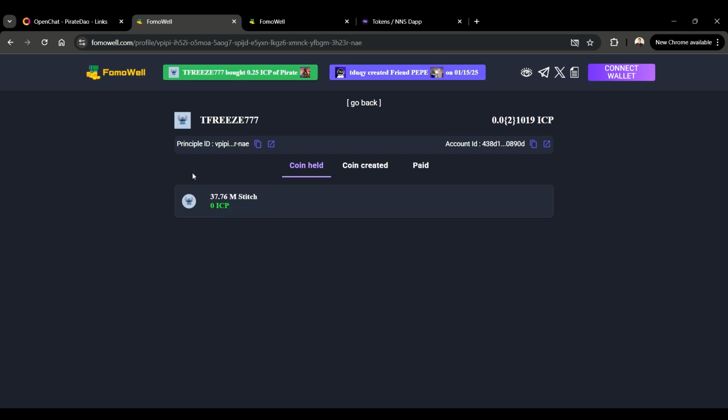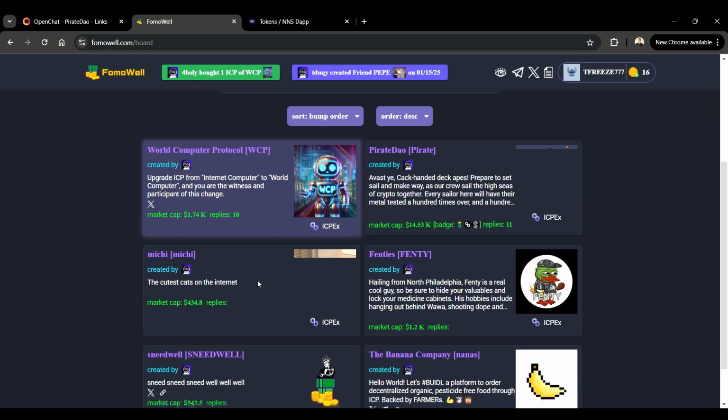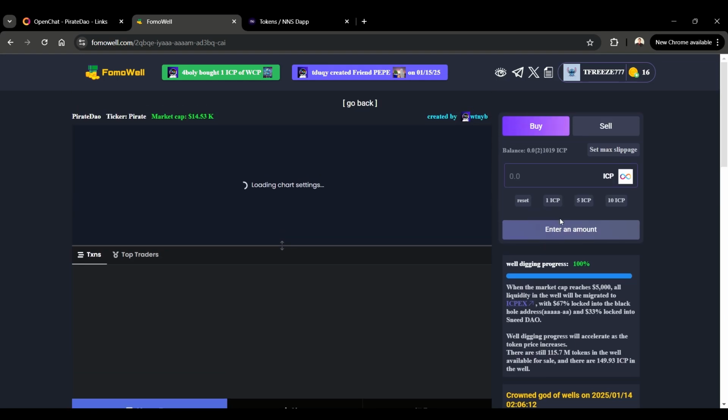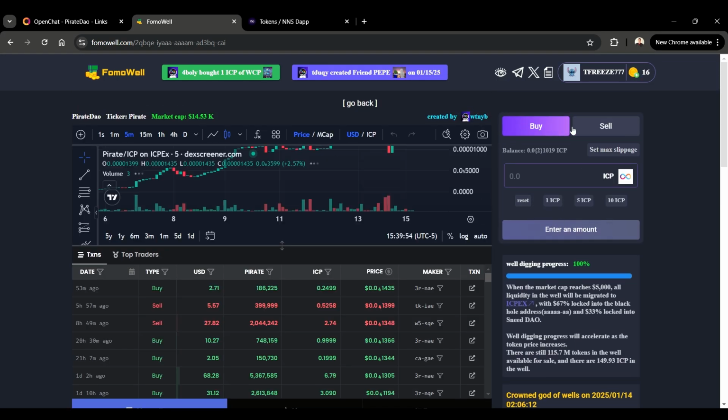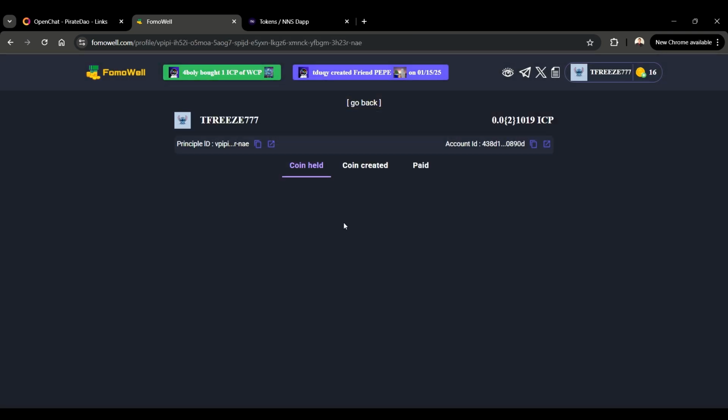For some reason the tokens just take a while to load sometimes, so you might have to give it a minute. Alright, so I came back after 50 minutes, pretty much exactly, and the tokens showed up. So you're just going to have to step away for about an hour, refresh it, and your tokens will be right here. In the meantime, you still can trade them through here. This is basically like a mini DEX, where you can buy and sell, and then you can send your ICP out. Or if you wanted the pirate tokens, just click on your username,